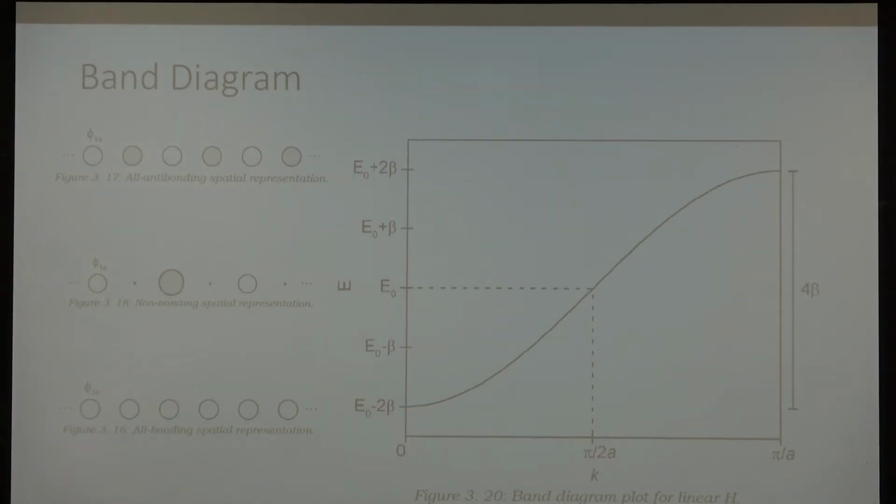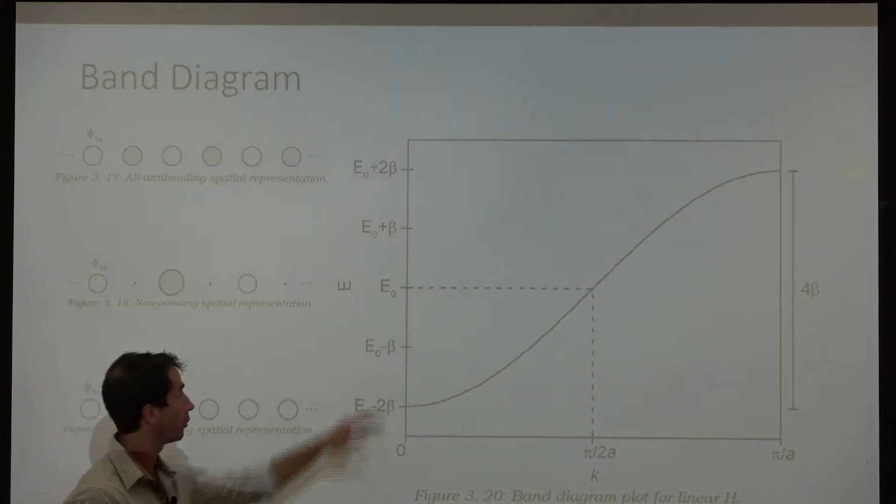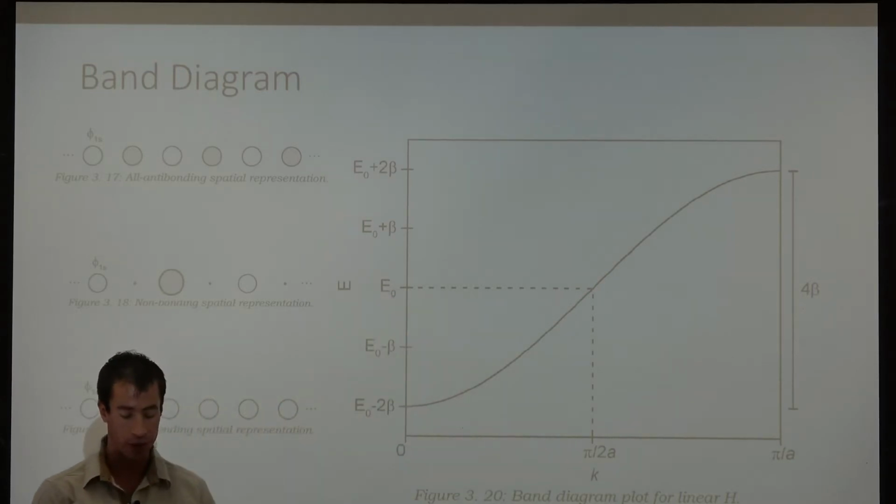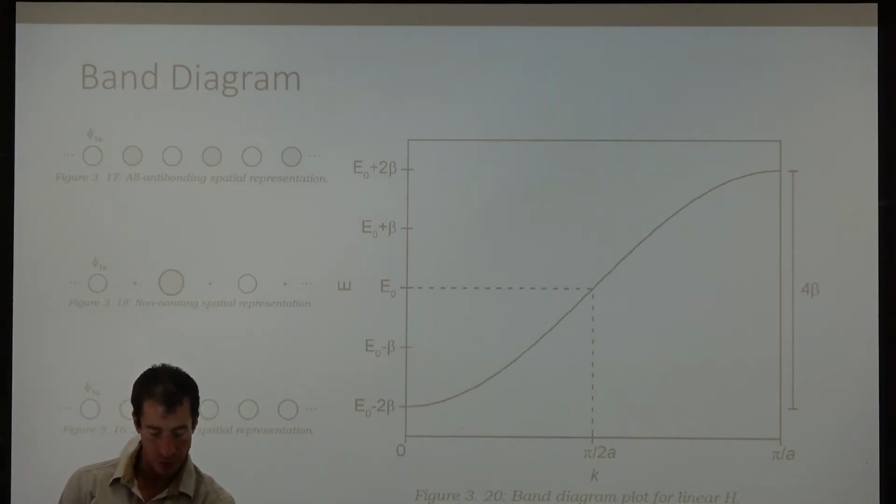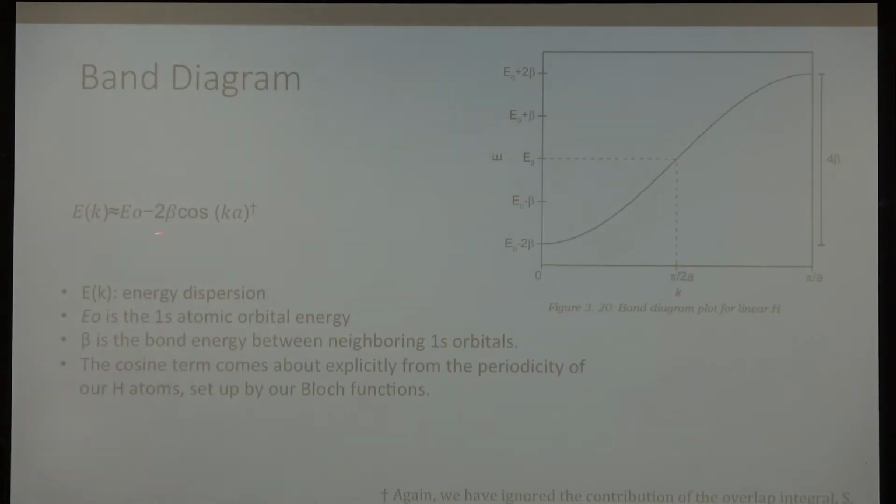This distance is known as the bandwidth, 4 times this beta, where beta is a drop in energy relative to the energy of the constituent atom, so negative 13 electron volts for hydrogen. And this line then could be